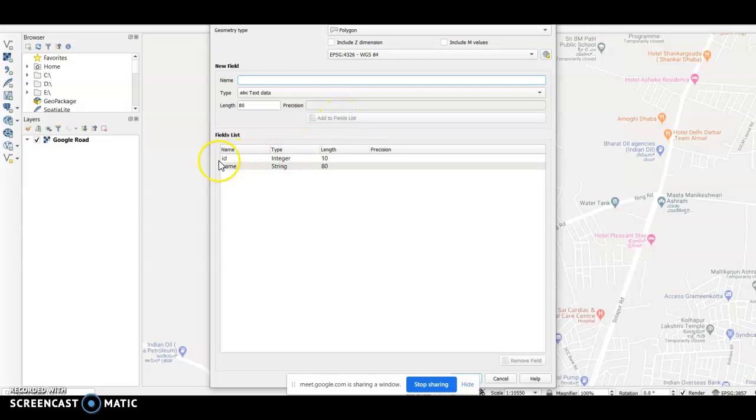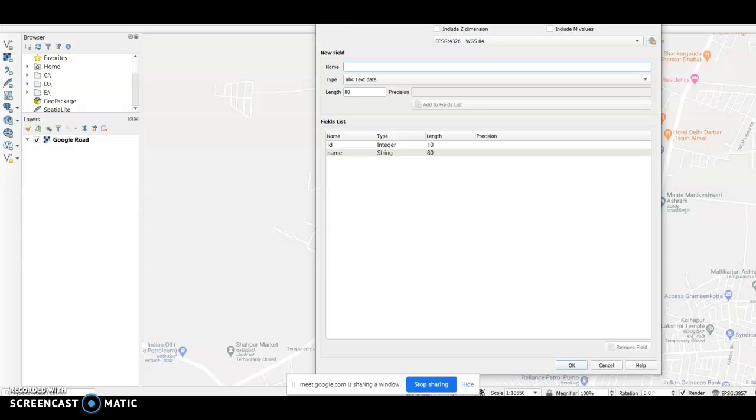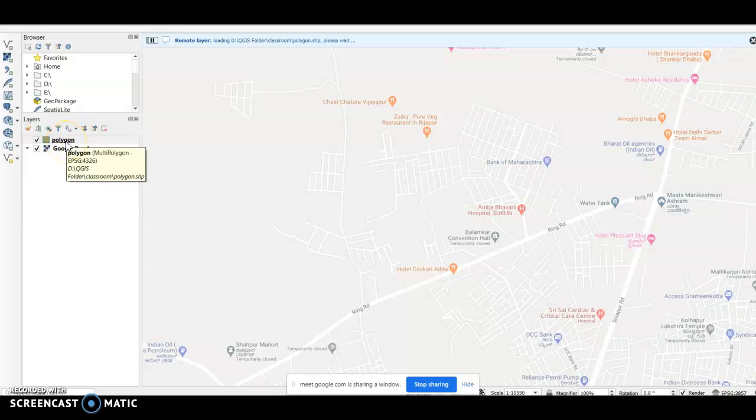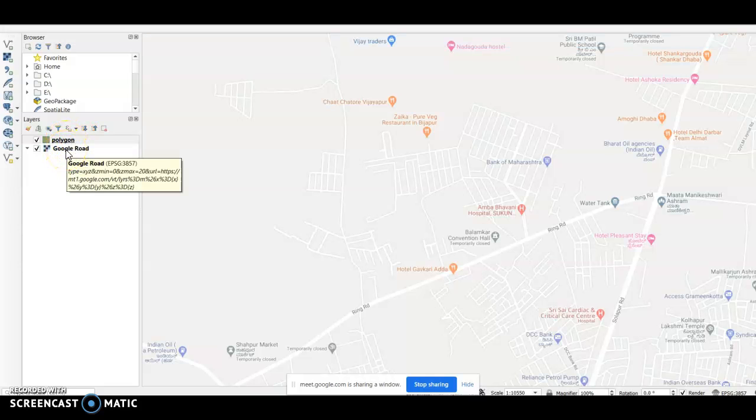If I click here, you can see earlier there was only ID. ID is something which is generated by the software itself, but this one I have added. Once this is there, click OK. Once you click OK, you can see that one more layer is added. Earlier it was only Google road, and right now there is one more layer called polygon.